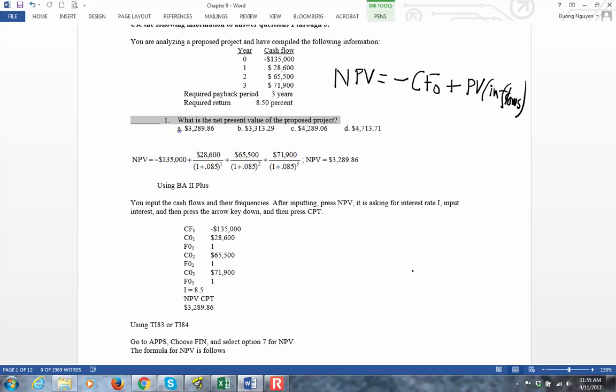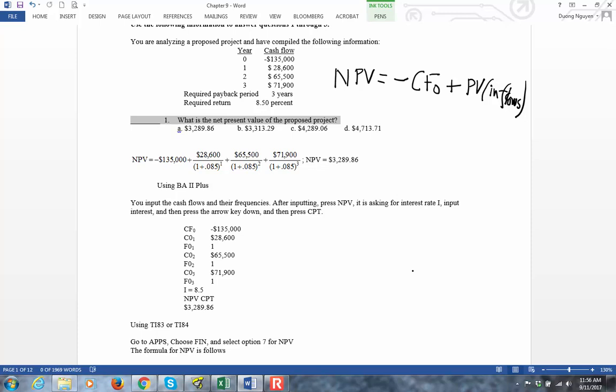And finally it is asking for the cash flow in year 3, which is 71,900. So you input that, enter and press the arrow key down, and frequency is again 1, enter, arrow down. So after you input all the cash flows and frequencies,